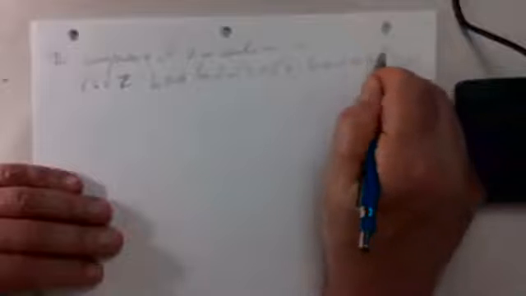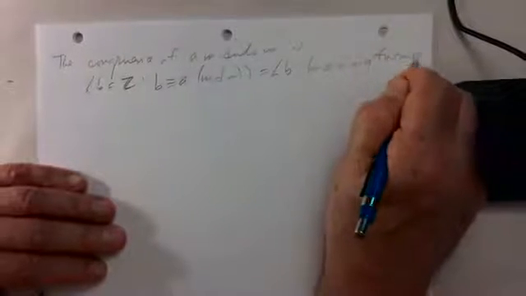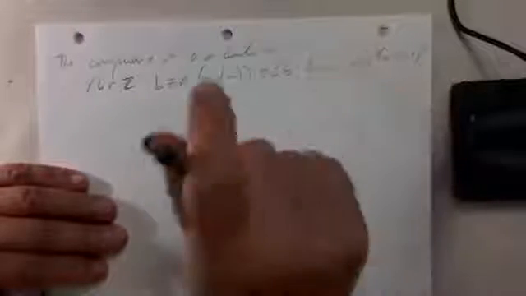Let me write it the other way. It doesn't really matter, but slightly more convenient. All integers b which are congruent to a mod m. So this is all integers b such that b minus a is a multiple of m